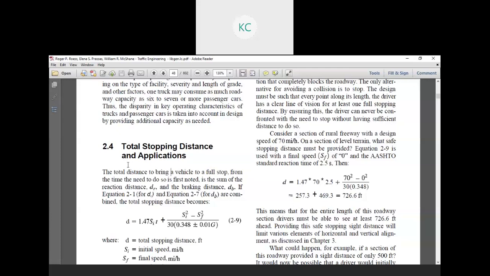When the driver applies the brake and the vehicle stops, the distance between when the driver applies the brake and the vehicle actually stops